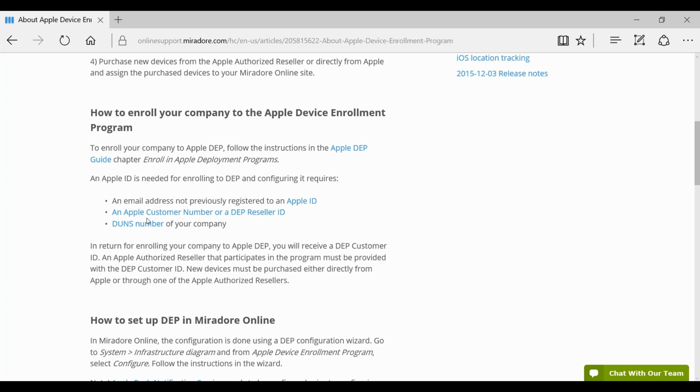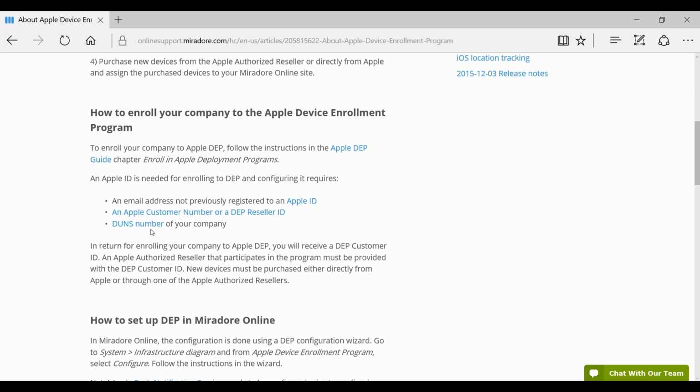Then you need to contact your reseller and get the DEP reseller ID, and it's good to know also your Apple customer number, so you can get those by contacting the reseller. And then lastly, you need to have a DUNS number, which is an abbreviation of Dun and Bradstreet identification number, which is used to identify businesses around the world.